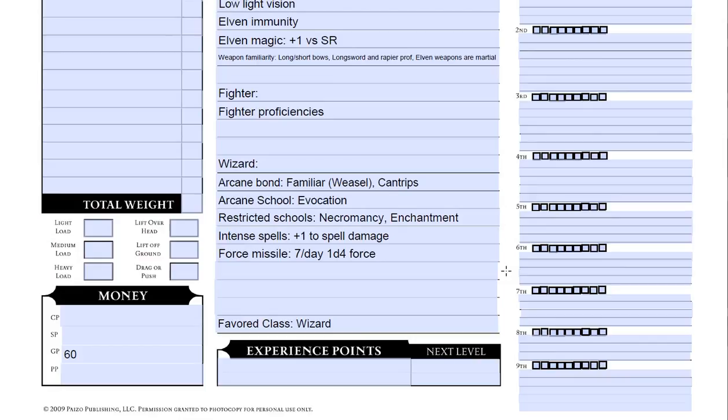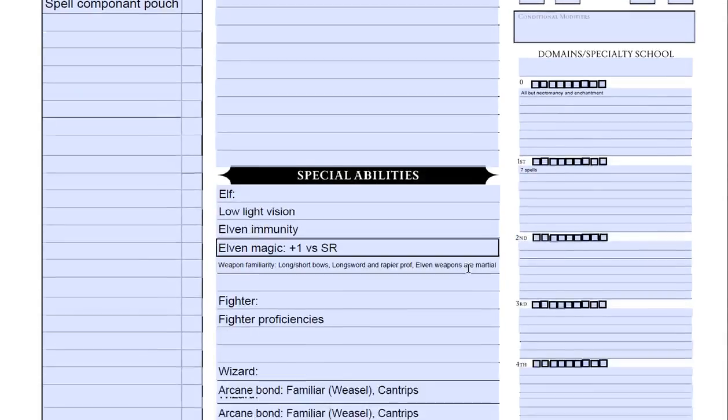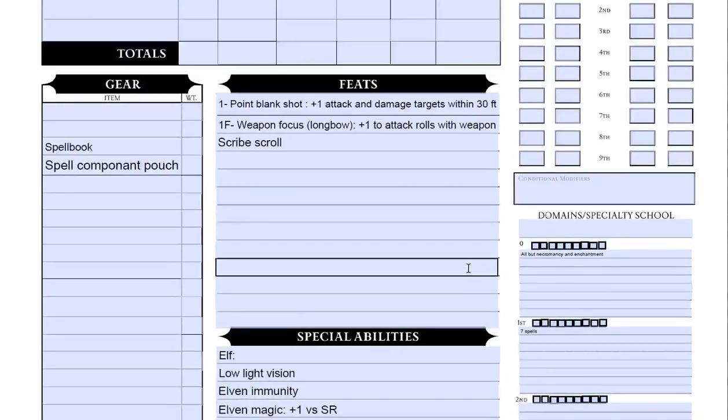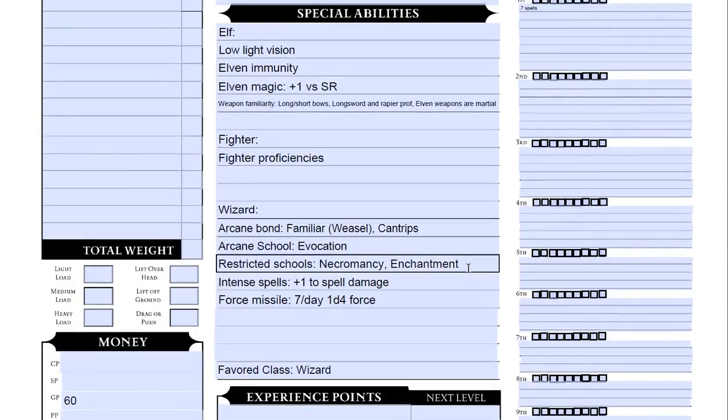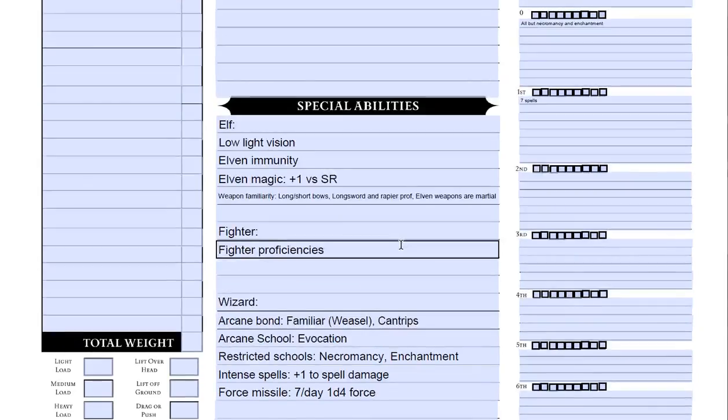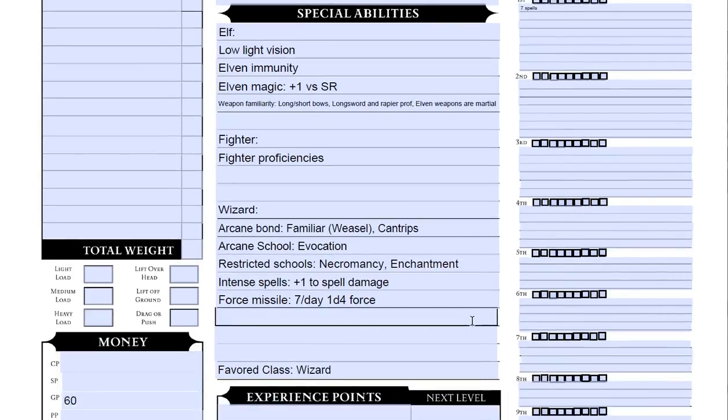Okay, so next is your focus. A material component is used up each time you cast a spell. A focus is not. And next is a divine focus. This is only for divine spells. Basically, the divine focus for clerics and paladins is your holy symbol. So it's kind of like using a cross for a spell. You carry your cross and use it to channel divine